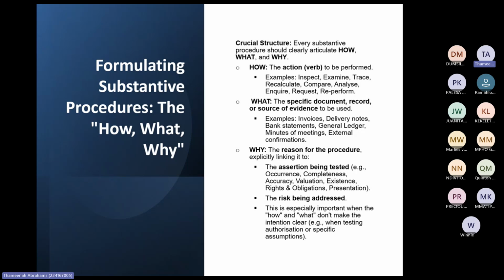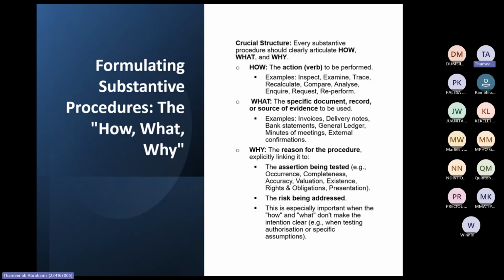So for example, if occurrence is more risky, like if you think that this client might be overstating their revenue or have fictitious revenue, then you will focus more on assertions like occurrence. So you focus on where the risk area is, because remember, not all assertions will be risky. And of course, you will still audit all the assertions, because as an auditor, you must make sure that all assertions are covered, meaning that you satisfy that the revenue is complete, meaning all transactions for the year have been included in the accounting records.